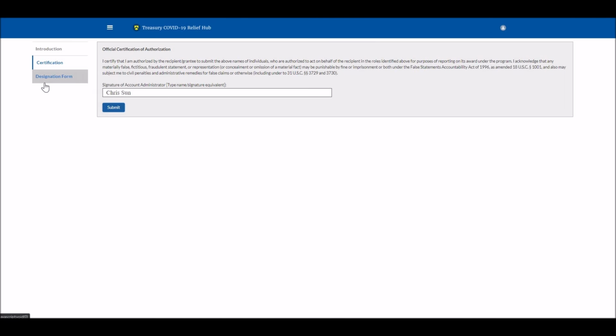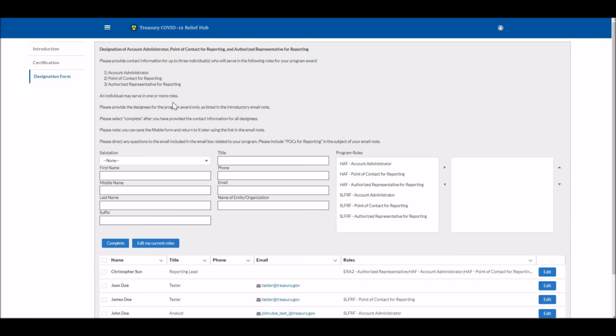And lastly, I'm going to click on this designation form box, where I'm finally going to be able to designate additional users in my account record. Finally, we're on the designation form page. Here again, you're going to see the listing of the 3 roles that are available in the portal.